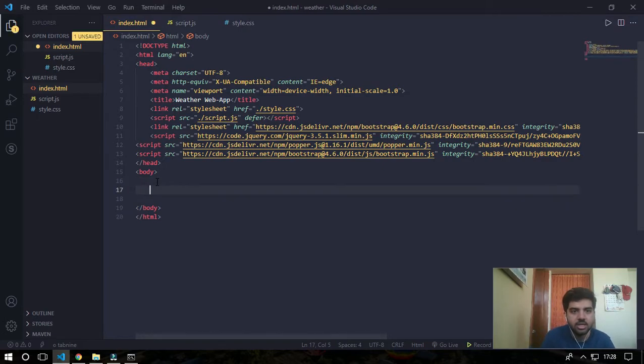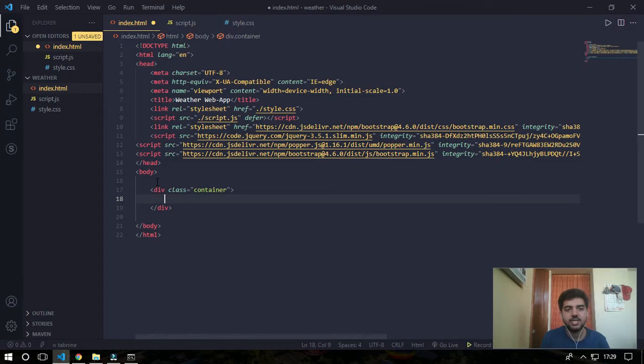Now I'll declare a div whose class is container. I'm sorry for the spelling. And inside the container I'm gonna create the weather body.